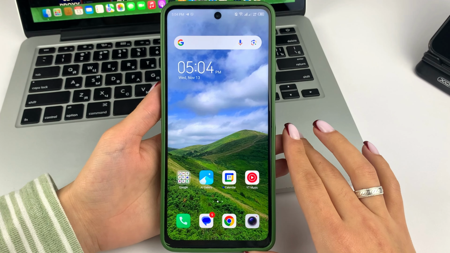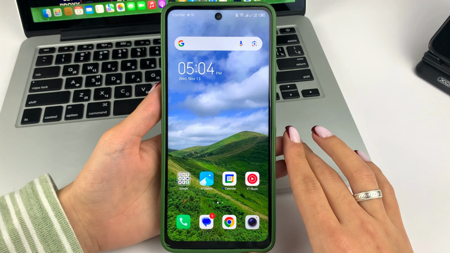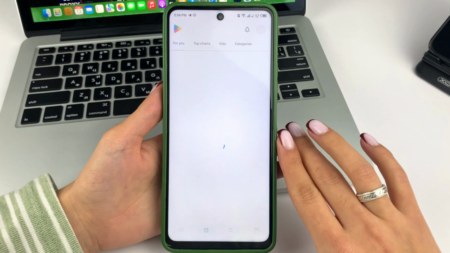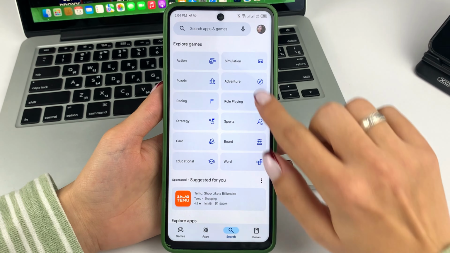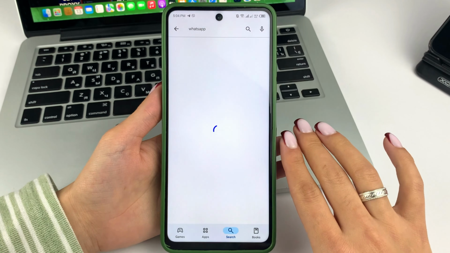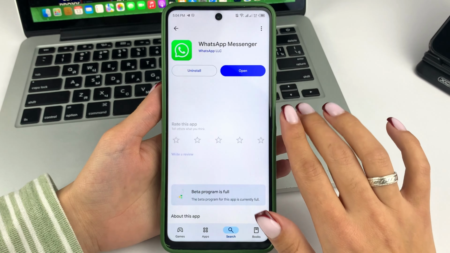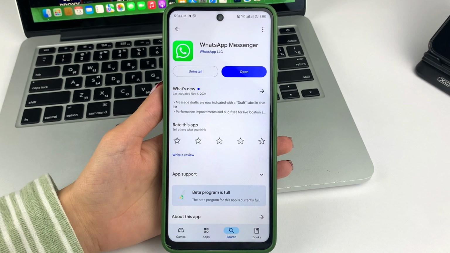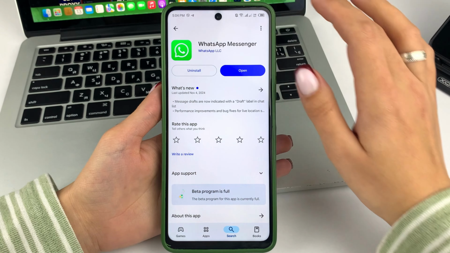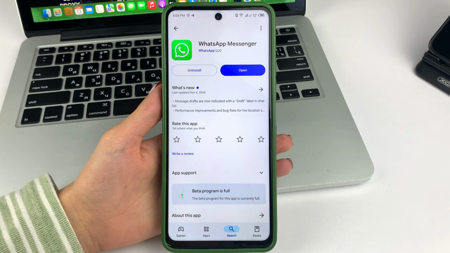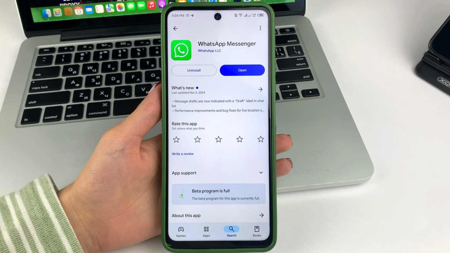If this method didn't help you either, then I recommend you to update WhatsApp. To do this, open the Play Store on your Android. Go to the search part, type in the word WhatsApp, open it up, and if you have the word update here, then friends, update the WhatsApp app. It won't take much time, but this way, all the corrupted files will be deleted and basically many problems can be solved by a regular update of the app.